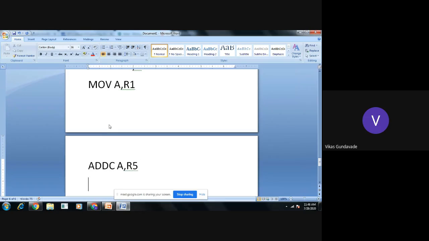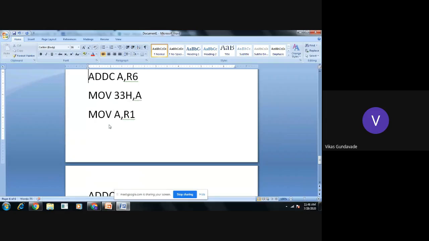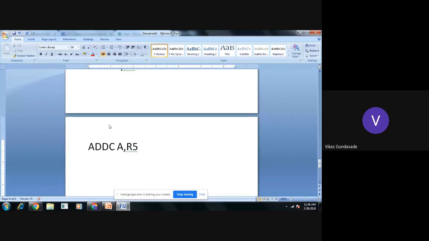The result is available in the accumulator, and we will transfer it into the memory location 32H. So here, MOV 32H, accumulator.